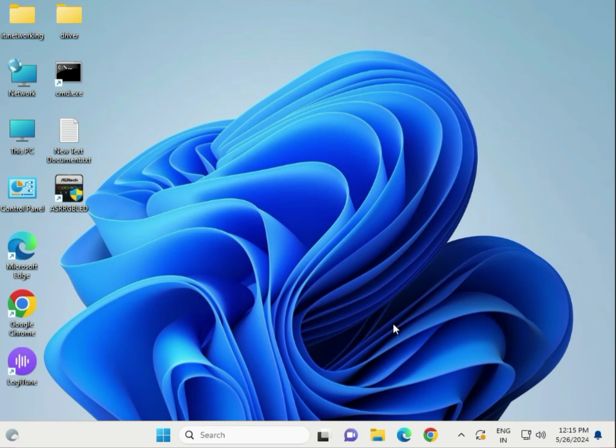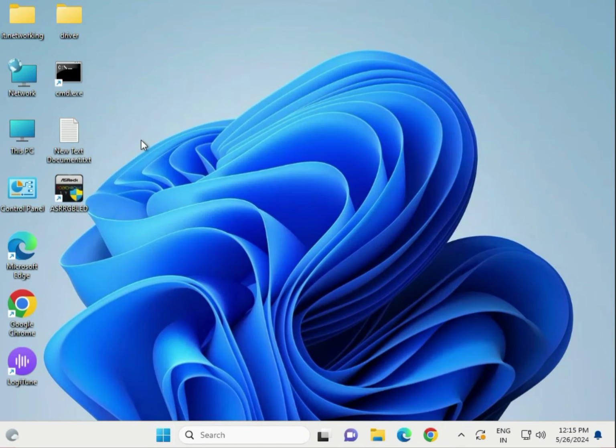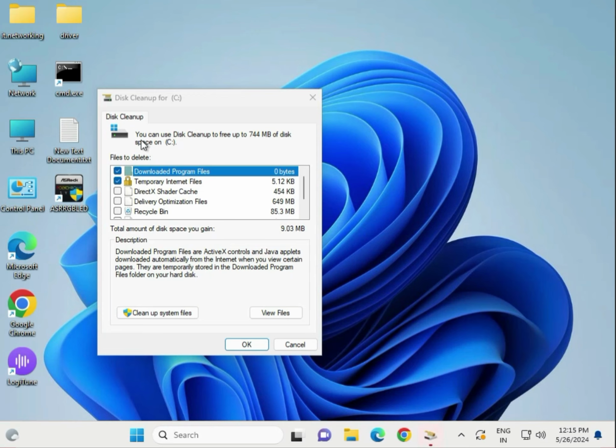Next, remove the cluster and update files. So click on search, type disk cleanup. Open this. And if Windows is installed on C drive, pick it from the list and press OK and clean up system files. So check downloaded program files, temporary internet files, Windows update, temporary files,